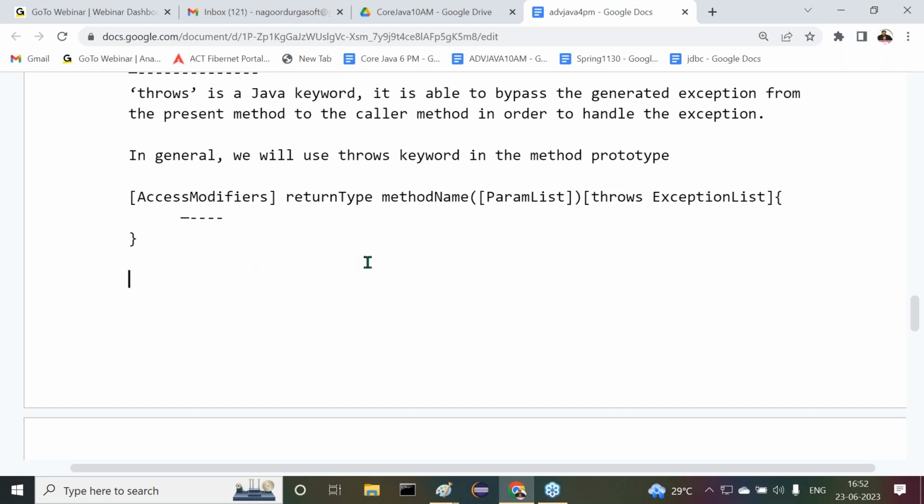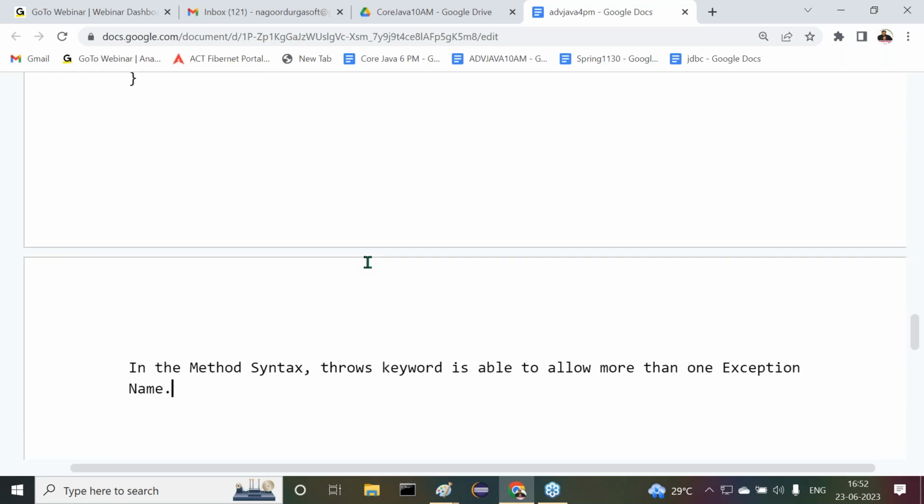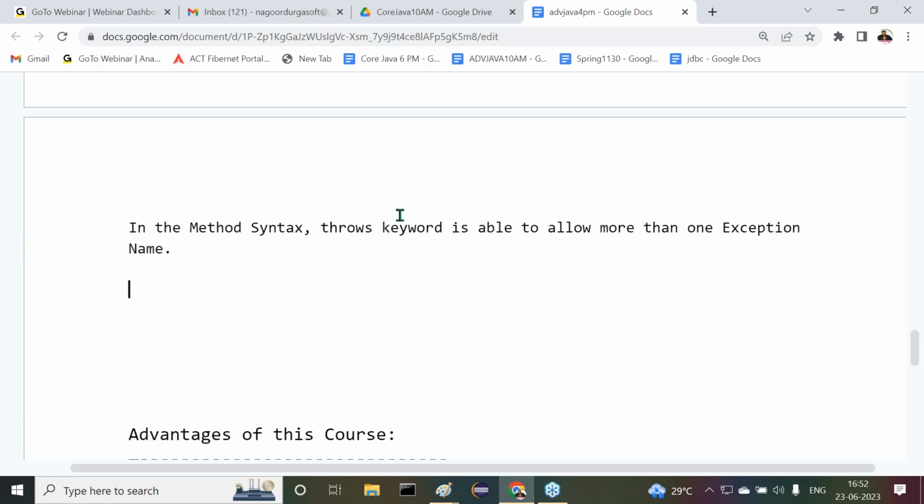Next, one more point I'm telling. In the method syntax, the throws keyword is able to allow more than one exception name.